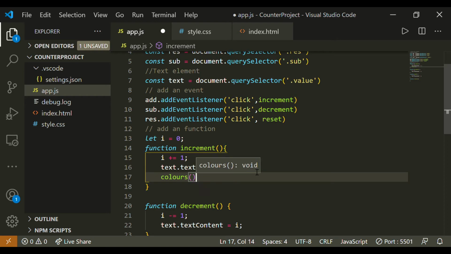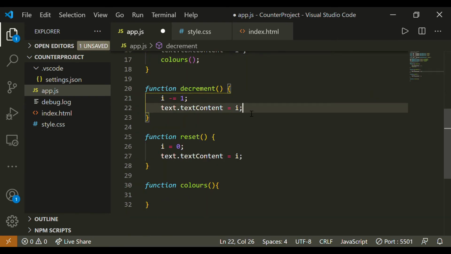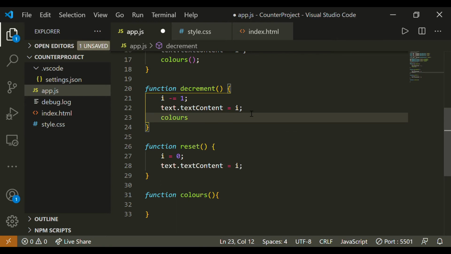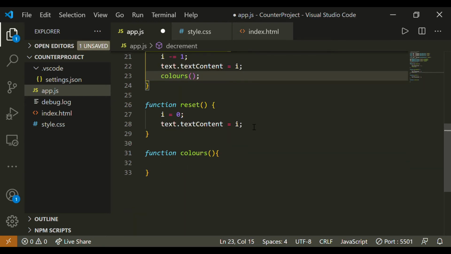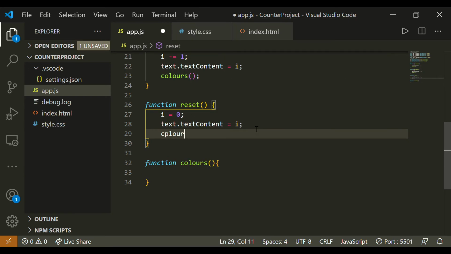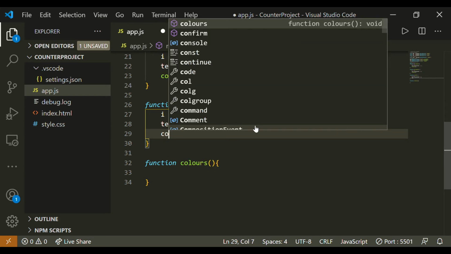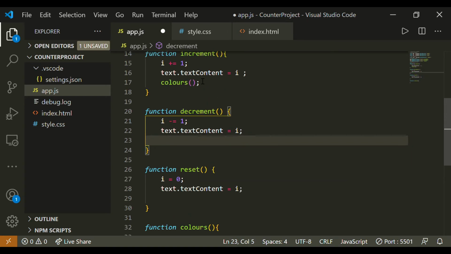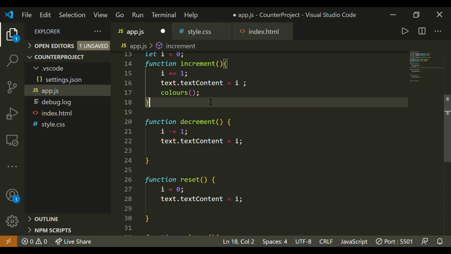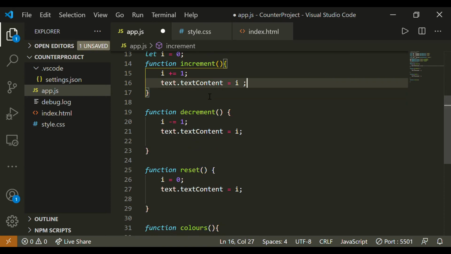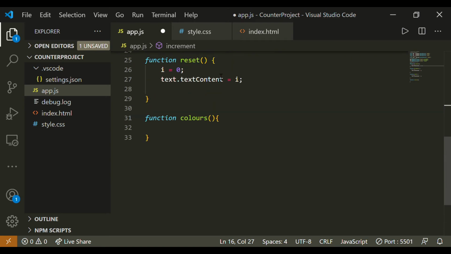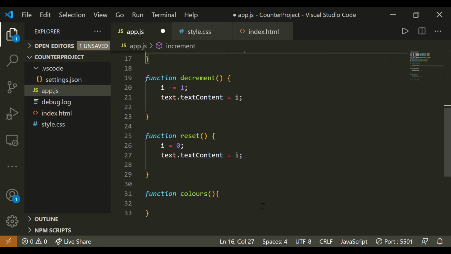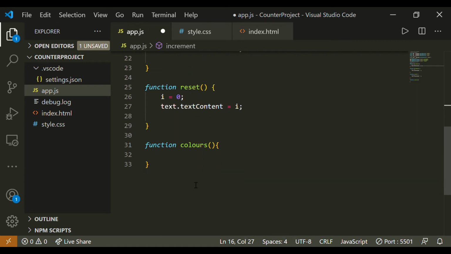Or else we can call this function at the end of function also, because that will be giving us the same result. In a while we will be seeing what actually this code is performing, because we have not tested it yet. So let's give some styling, and then we will be looking at our code.